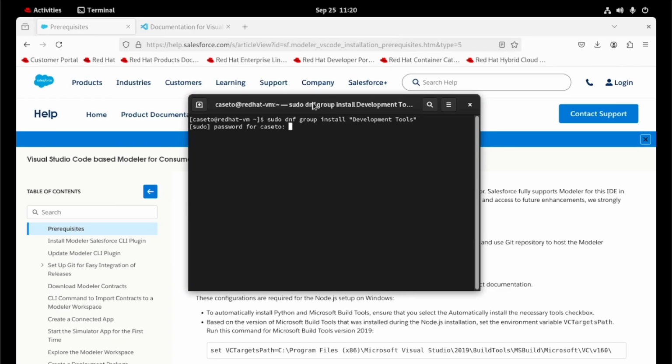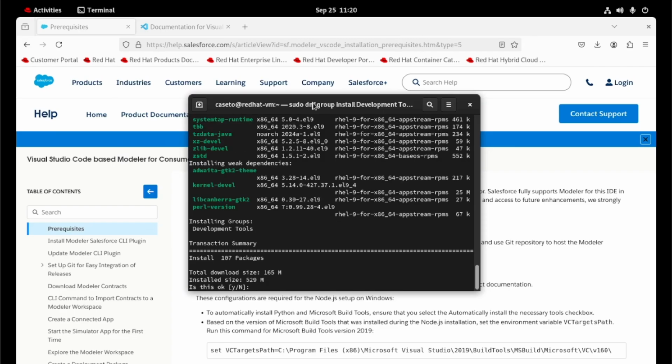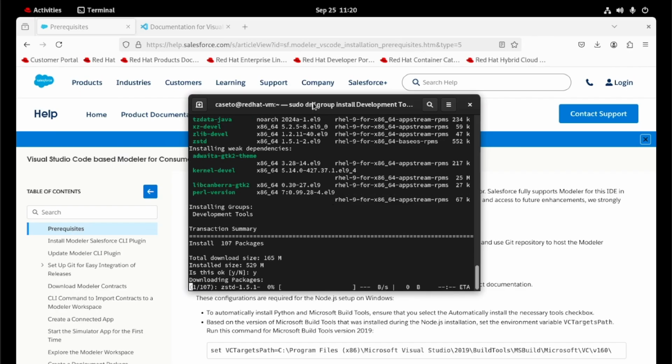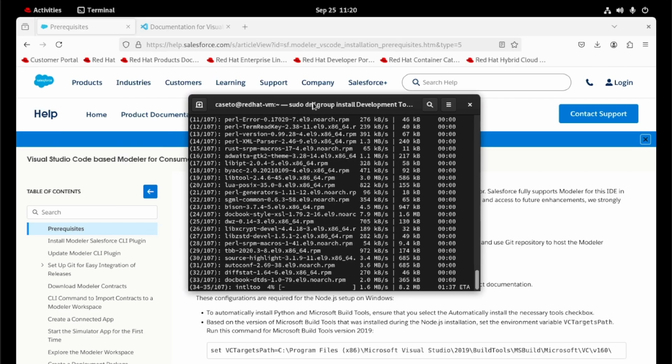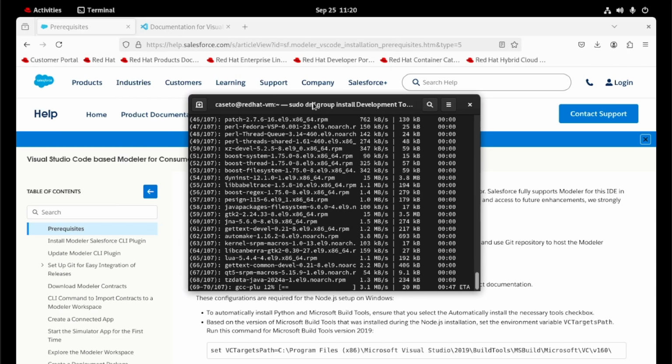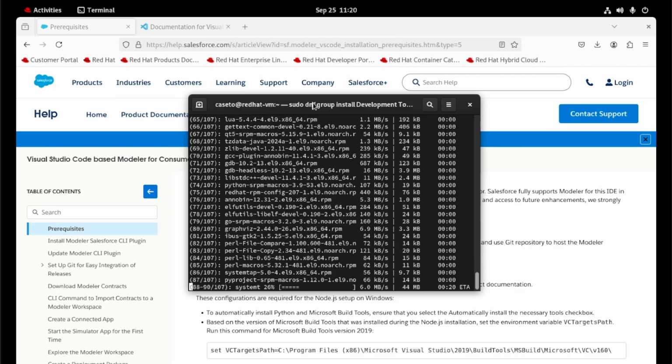Okay, put your password. Confirm the installation and wait to finish.